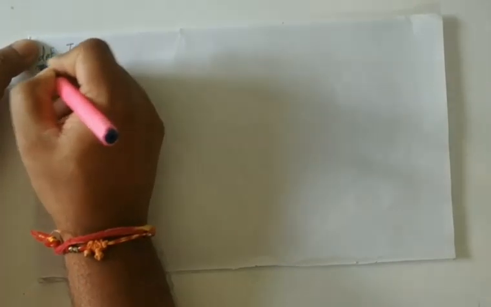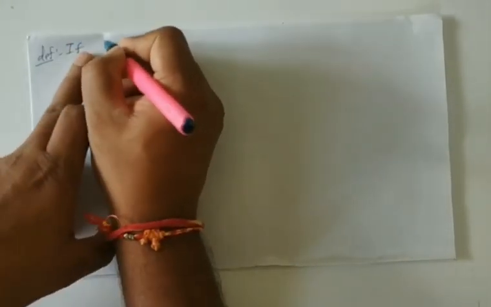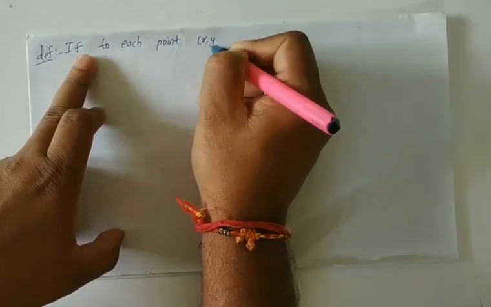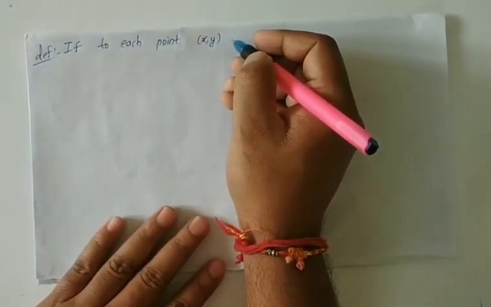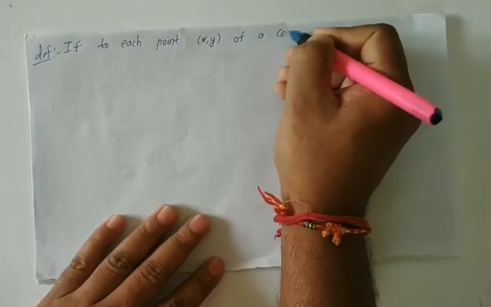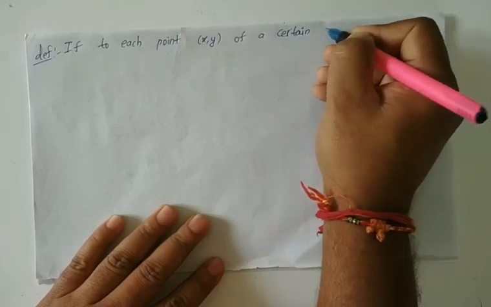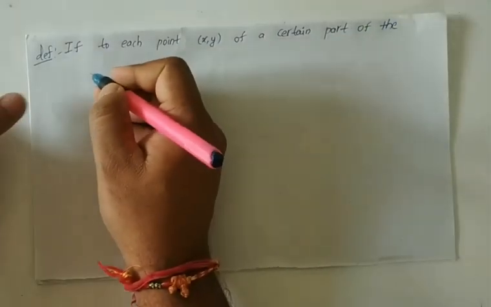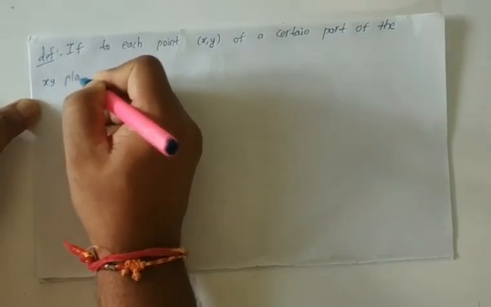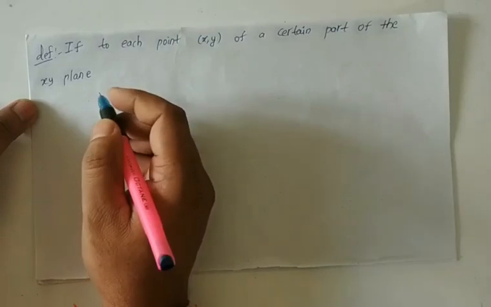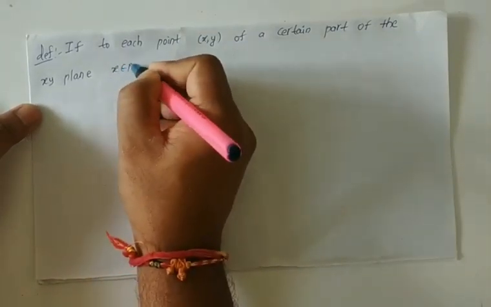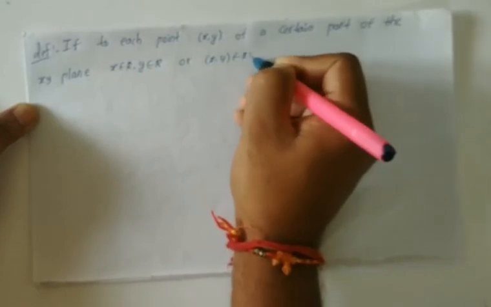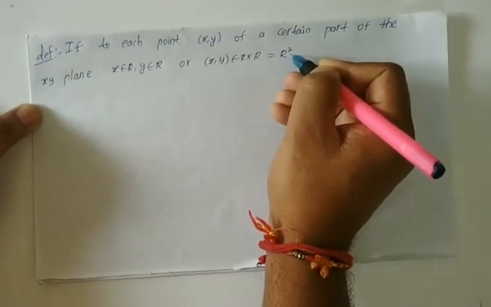If to each point (x, y) of a certain part of the xy plane, where x belongs to R and y belongs to R, that is (x, y) belongs to R cross R, which is nothing but R square,